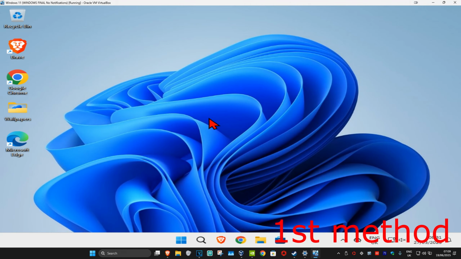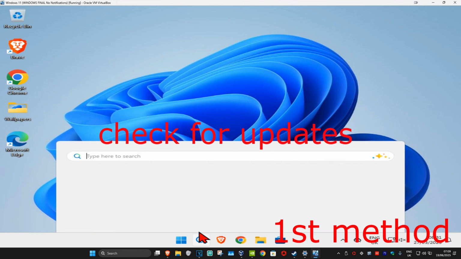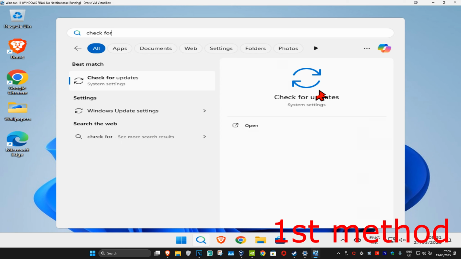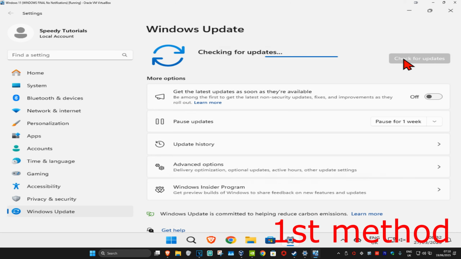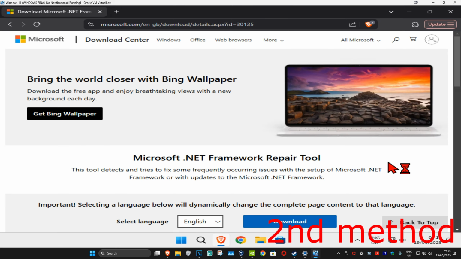So guys, for the first method, you're going to head over to search and type in check for updates. Click on it. And then once you run this, you're going to click on check for updates. Make sure that your computer is fully up to date. See if that works. If that's still not working, then for the next method, you're going to go to the